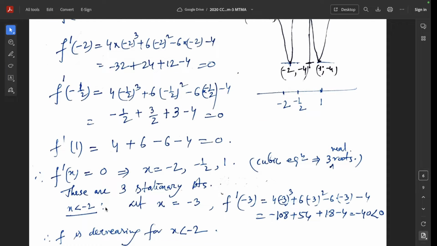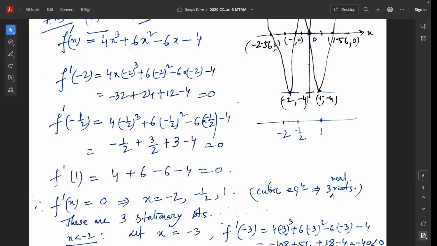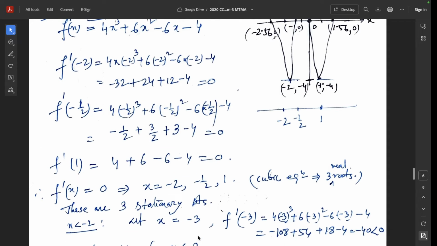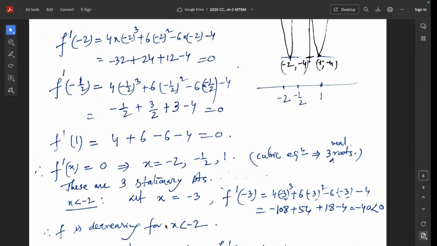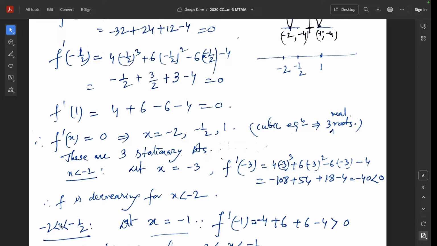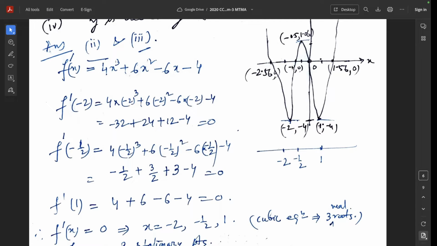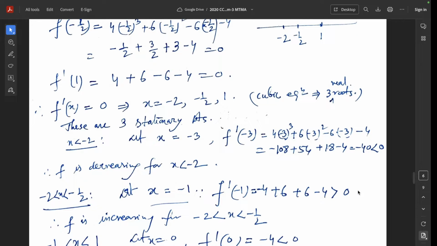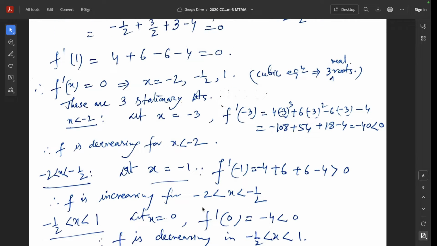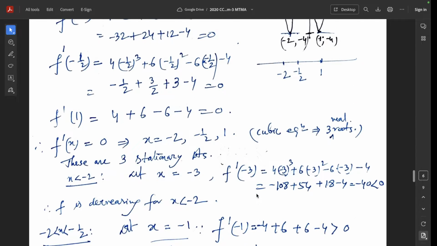If x is less than minus 2, suppose x equal to minus 3, then f dash of minus 3 equals minus 40, which is less than 0. So for x less than minus 2, f is a decreasing function, and when minus 2 less than x less than minus half, suppose x equal to minus 1, f dash of minus 1 is positive. So it is increasing for minus 2 less than x less than minus half,